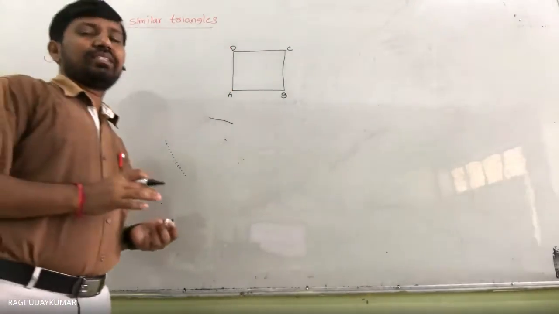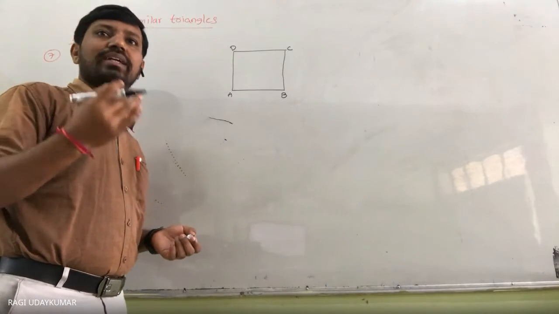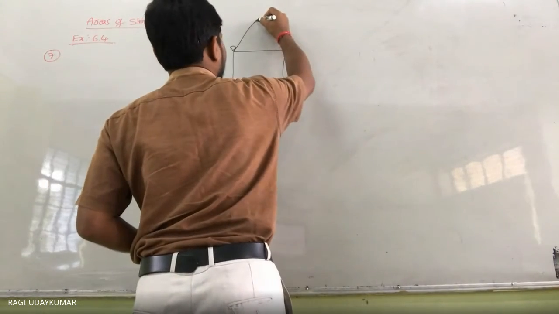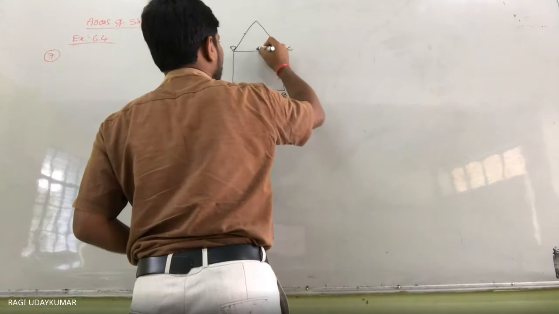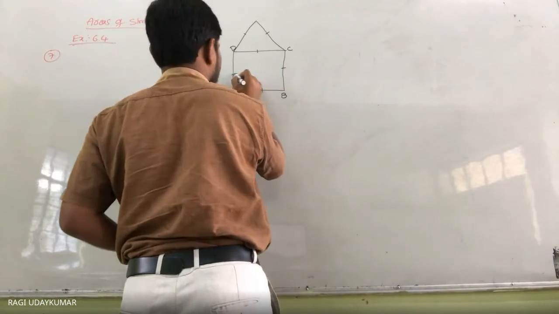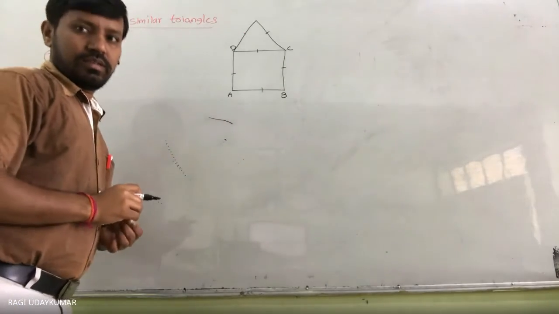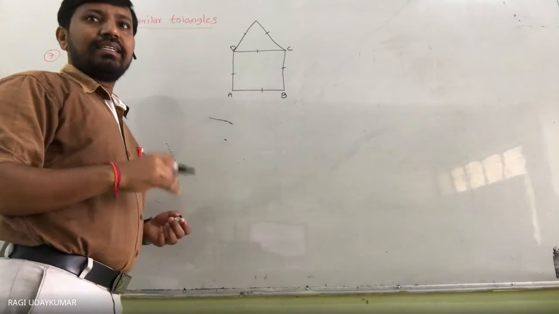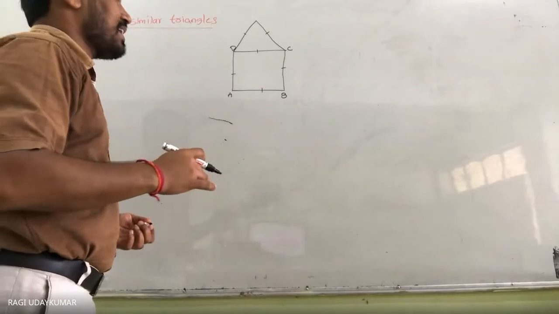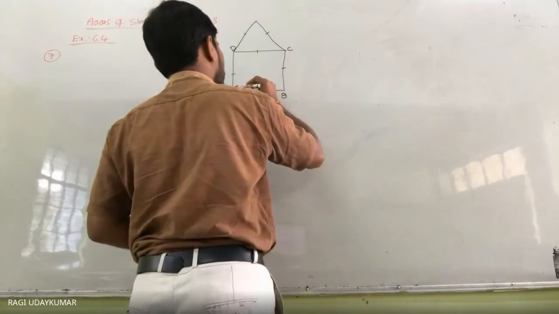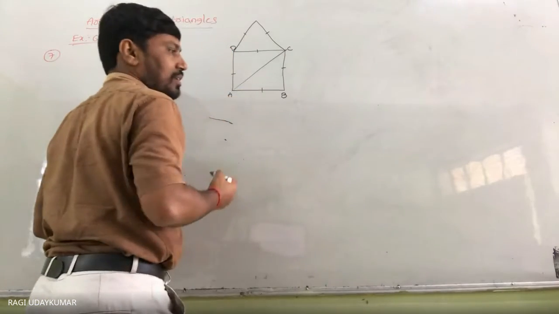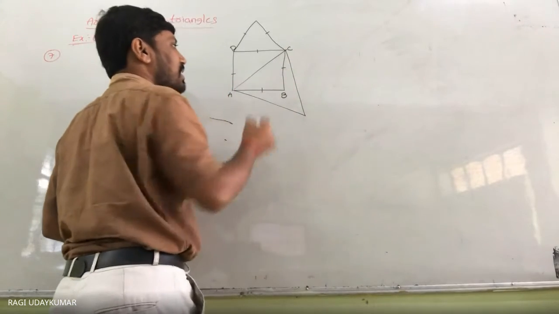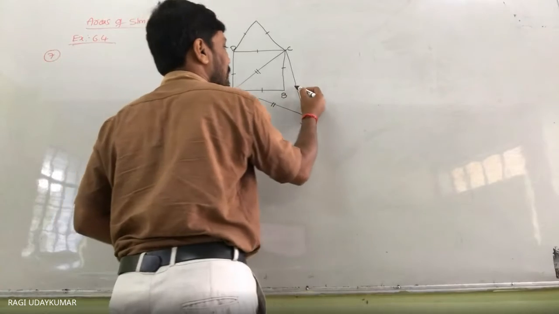So here ABCD is the square. So prove that the area of the equilateral triangle described on one of its side. एक side के ऊपर equilateral triangle. So this side, this all are equal. And this area is the half of the area of the equilateral triangle described on one of its diagonal. Two diagonals होता है ना? ये this is the one diagonal. On this diagonal equilateral triangle is described, means इसके ऊपर एक equilateral triangle. So this का side, इसका side, इसका side.